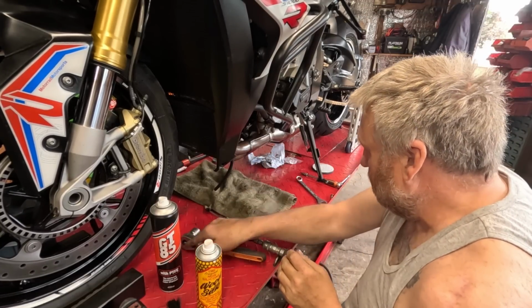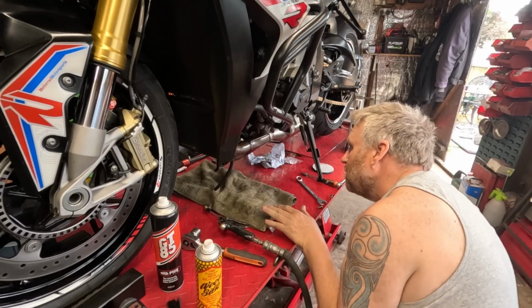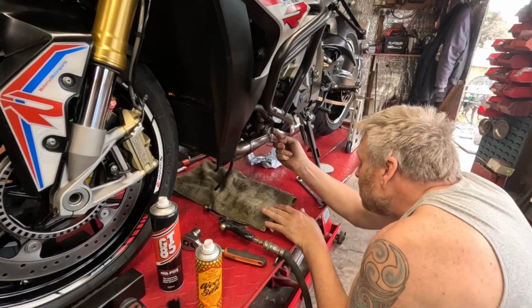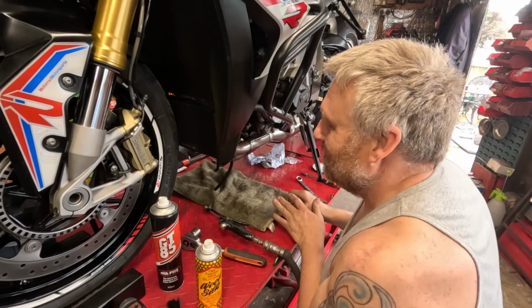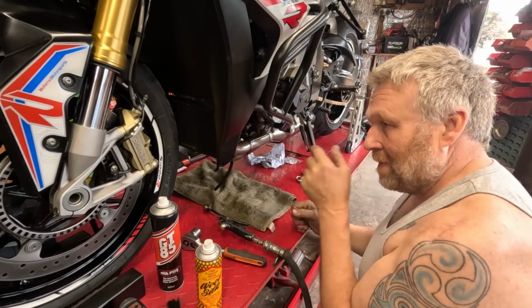I'll do it. Right, ready to put the panels back on. We'll need to have another little bit of a clean there. Missed that bit. Let me sort that out and we'll put the panels back on. Nearly ready to go. Then front brake pads are...